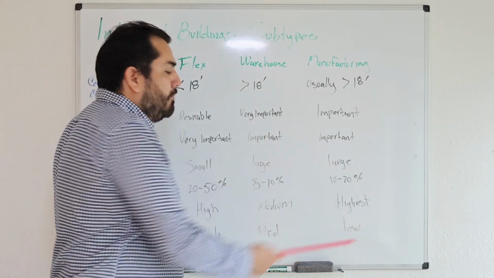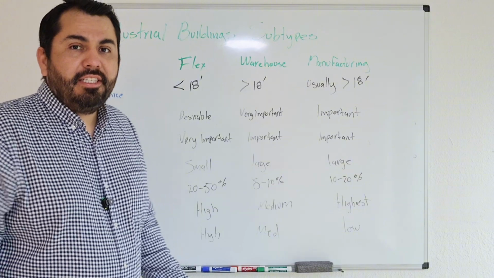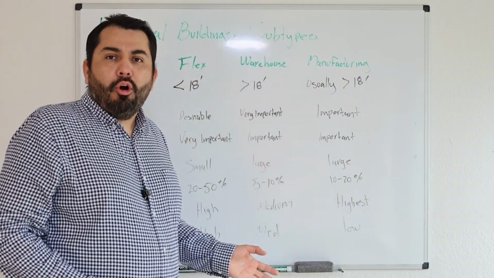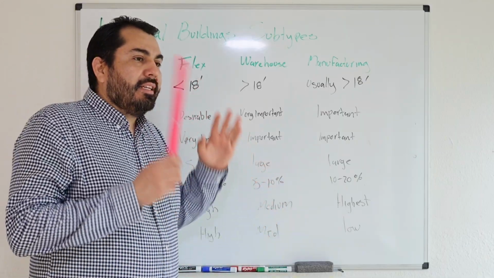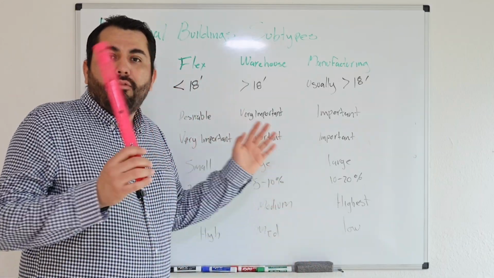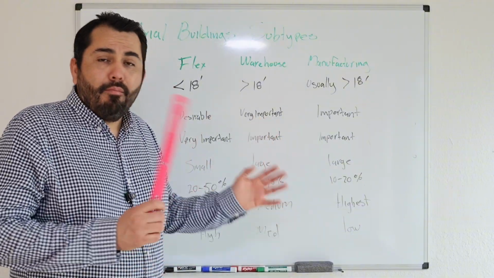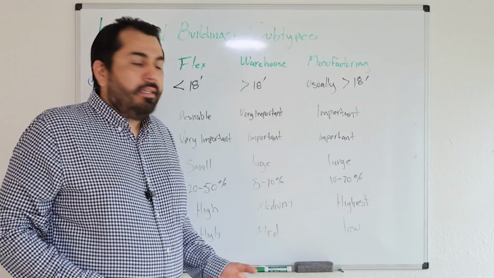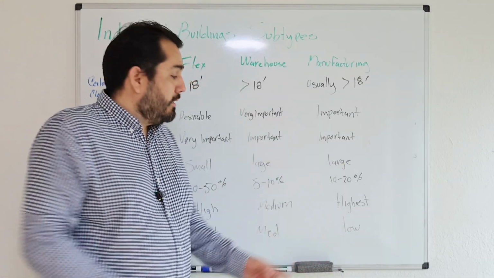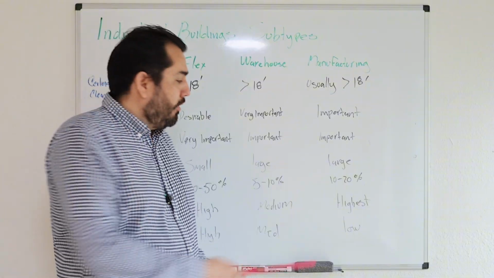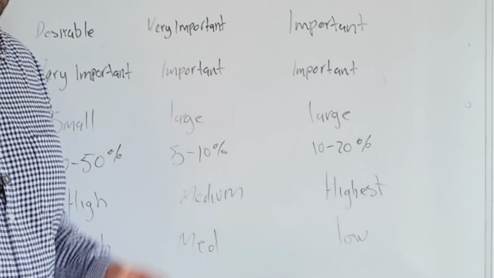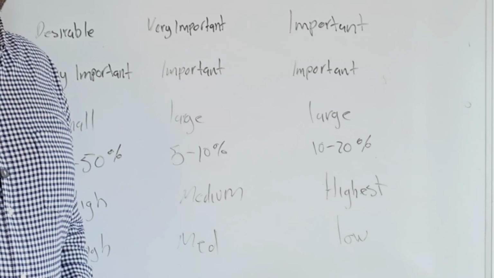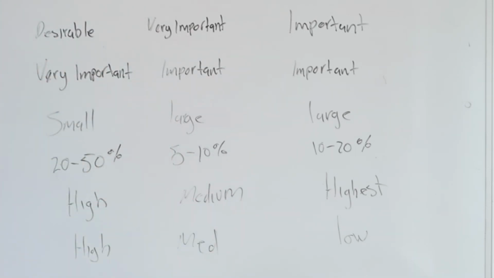And then finally we have the manufacturing. This is the most stable companies. We are talking about S&P 500 companies, companies that have been on the market for 30 or 50 years or maybe more. So these are the more credit worthy companies, and that ends up showing on the cap rate. So the cap rate is low because these are the most credit worthy companies. So that's the difference between the three types of